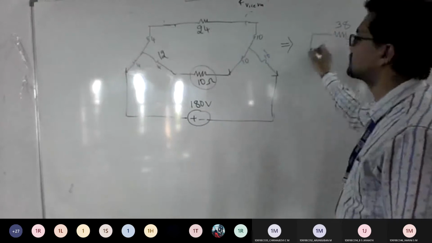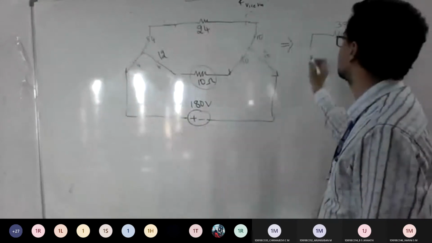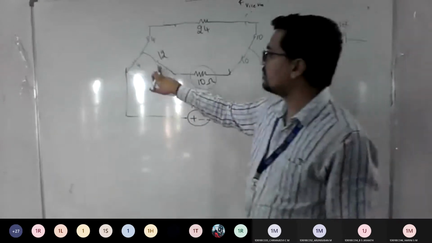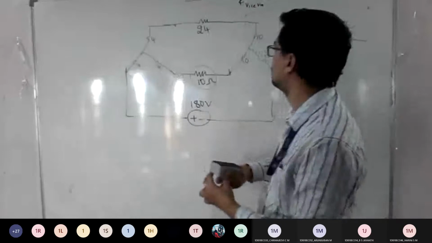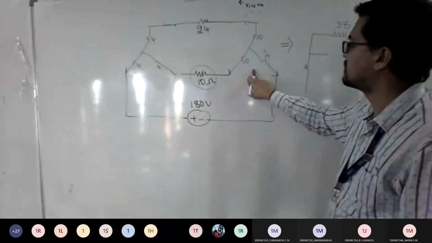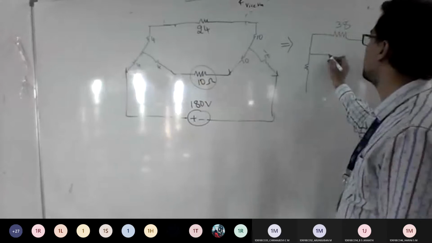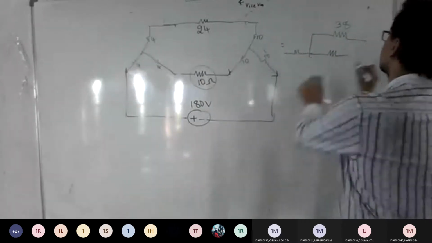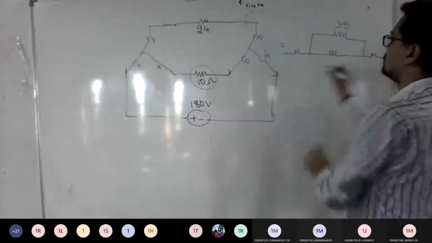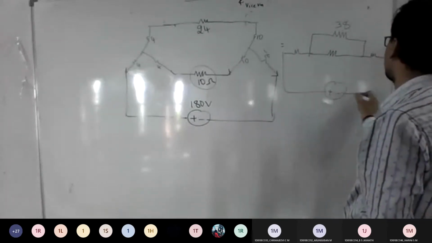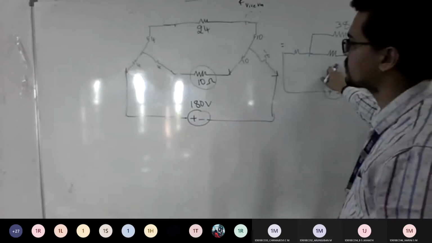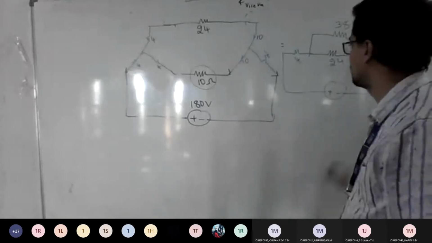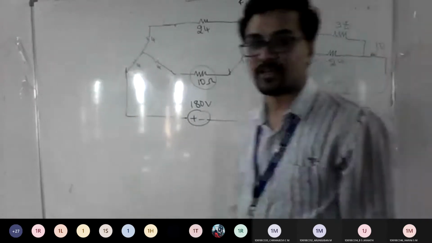Good. What about next? This 4 will be as it is. So we'll keep that 4 as it is. So here you have 4, 10 and again 10. This is also in series, yes or no? So this value here. Is it like this? Is it how it looks? Agree? Am I correct here? So what is the value of this? So it's 20, 24 and this 4 and 10 are like this. This is 180. Am I correct?